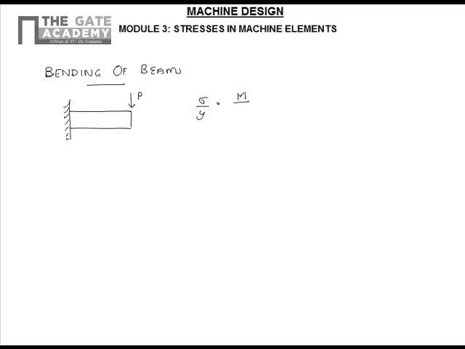Now we'll see the stresses and deformation in bending of beams. If we have a cantilever beam loaded by a load P, you have the bending equation which says sigma by y equals M by I equals E by R. This is an important equation, this is the bending equation where sigma is the bending stress